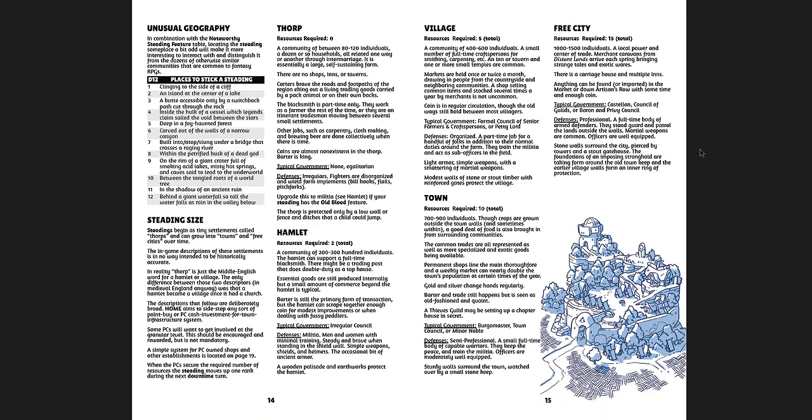Unusual geography, setting size. Now, here I'll pause a moment to talk about the overall purpose. Why would you want to have a setting that develops alongside the party? Well, I think as soon as I say it that way, you might understand why. That's a really cool idea. Do you want to do this for every campaign? No, certainly not. I wouldn't want to do this for every campaign, but I think this would be a great